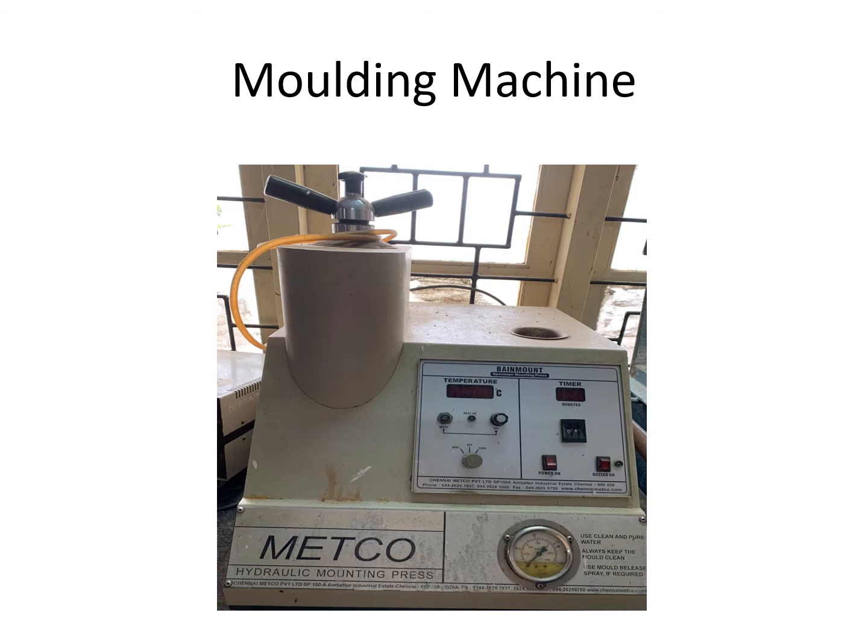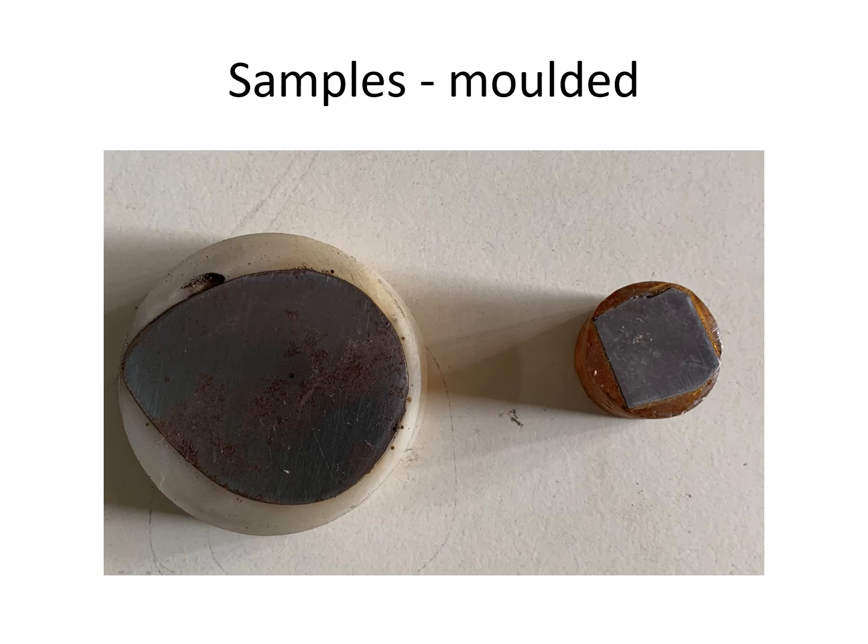But if the specimen is very small, 1 mm or 2 mm, it has to be molded. For that this molding machine is useful. This is a molding machine, and this is a molded sample. This is a very thin sample, so we used the molding technique to hold the sample. These irregular samples cannot be held just like that, so we keep them in a mold, and then it's easy for us to prepare the sample.